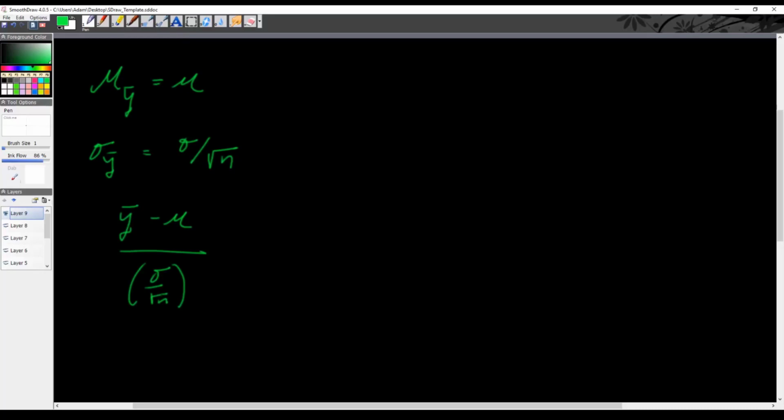This basically means that y bar plus or minus the critical z, which depends on our chosen level of significance, alpha divided by 2, times the standard error of the mean,